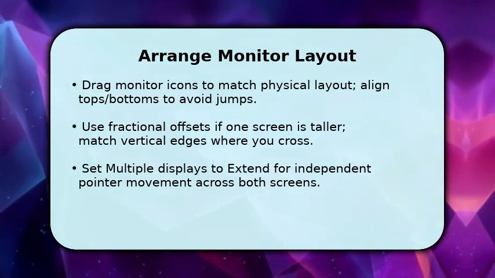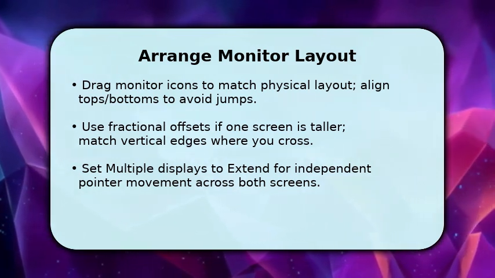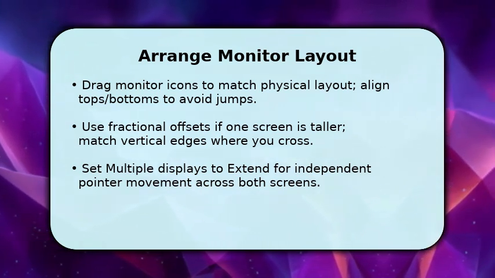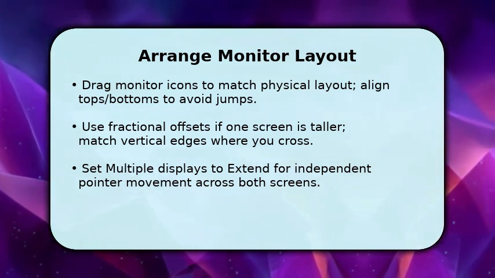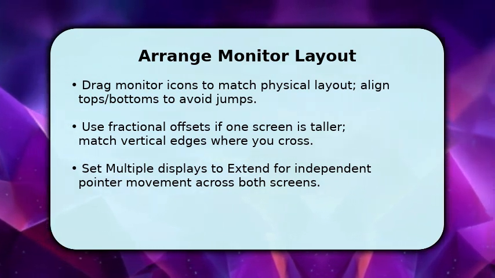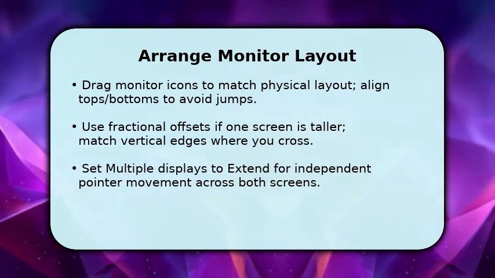Once done, fine-tune vertical alignment by nudging the tile up or down. This controls where the pointer crosses between displays, preventing stuck corners. Make sure Extend mode is selected so the pointer travels freely. If a seam still feels wrong, adjust individual display scale or resolution so the cursor path lines up smoothly across